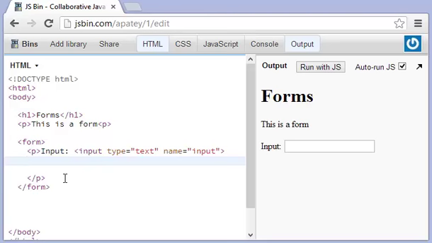Okay, all we need to do is type in input, okay? And then after that, all we do is type in type. And there's a certain kind of type which is called submit. And then we can give it a value. And this value, we can call it enter or something like that. And again, I like to put in the ID. You can say something like JS submit. Okay,